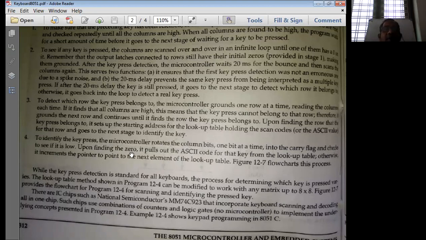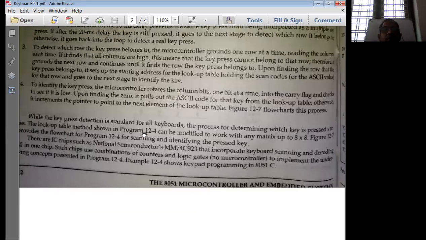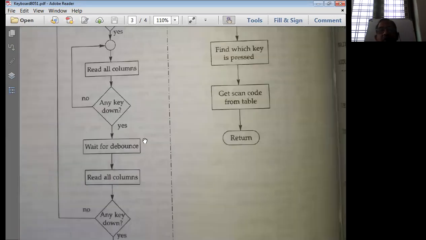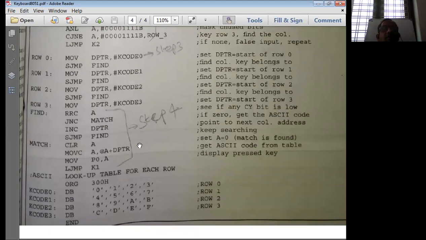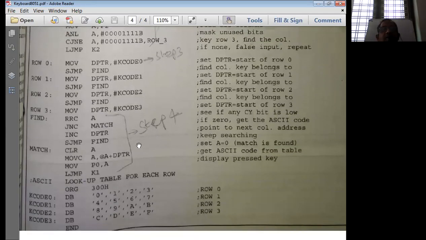Upon finding 0 on the carry flag, it pulls out the ASCII code for that particular key from the lookup table. Otherwise, it keeps incrementing the pointer to point to the next element in the lookup table. So that is how a lookup table is used to find out the particular key being pressed.